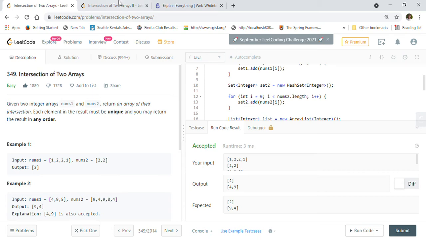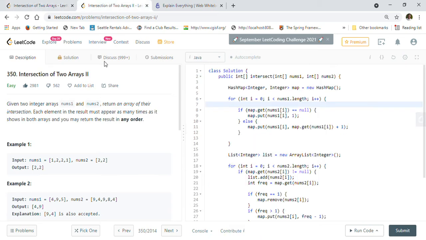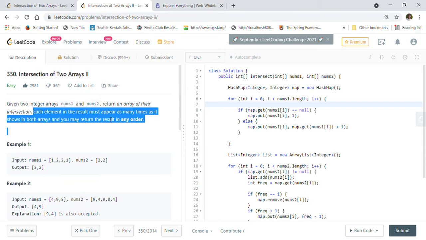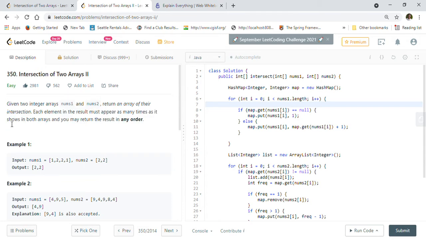Now we have the sequel of this problem also. It's the same problem, but the difference is here: each element in the result must appear as many times as it shows in both arrays, and you may return the result in any order.